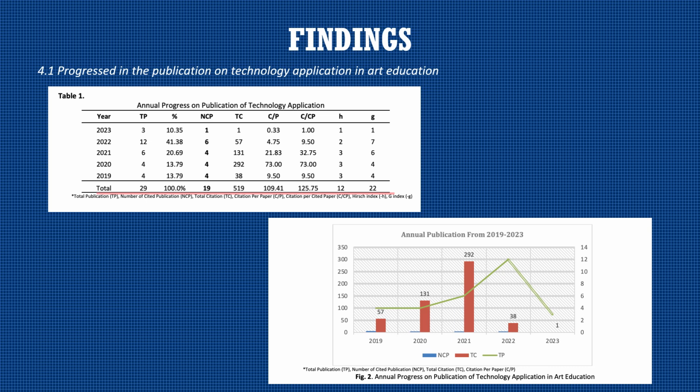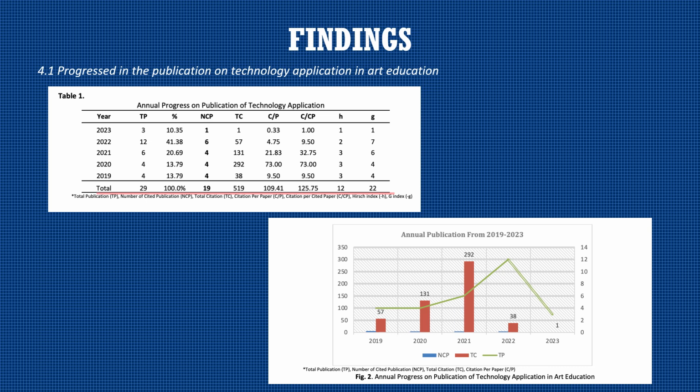Scopus was selected for this study as it is recognized as a high quality and impactful database, meeting strict criteria for scholarly publishing such as peer review and editorial standards. The result shows that all 29 articles are published as articles. The findings reveal that